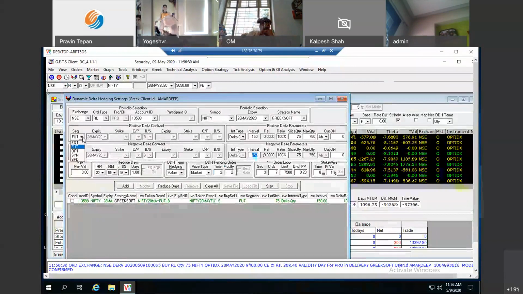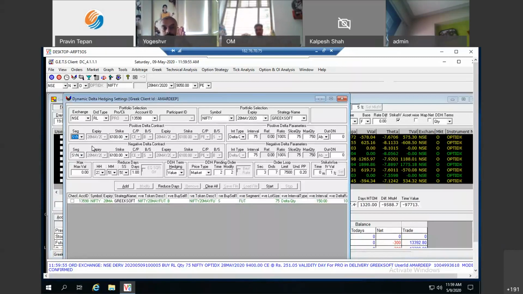Do I want to hedge it through futures, through options, through equity? Most of them do it through futures because it's easy, as I told you earlier, because future delta is one, easy to calculate, makes life simple. But yes, you can do it through options. You can choose the strikes. Do you want to do it through an ATM option, or maybe any particular strike that I want to do it through?